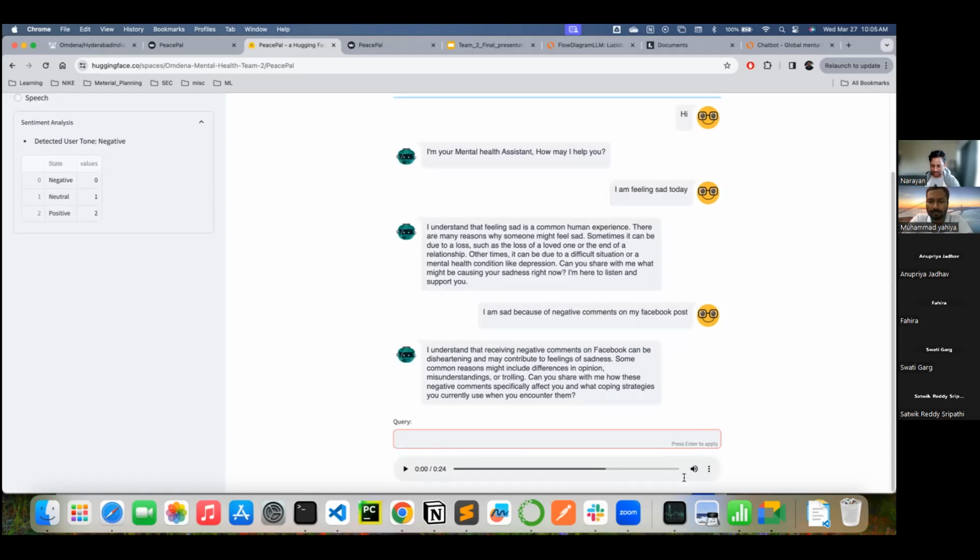One more thing: we thought we would implement fine-tuning also. Swati worked on that too, but it needed a lot of computational power, and the model was overfitting, so we didn't include that.